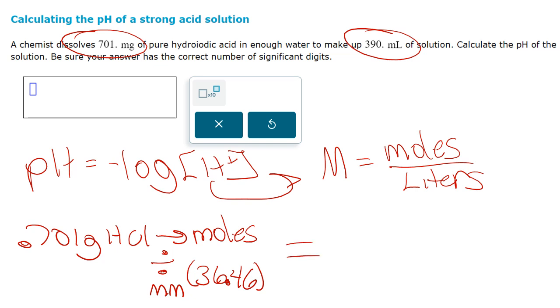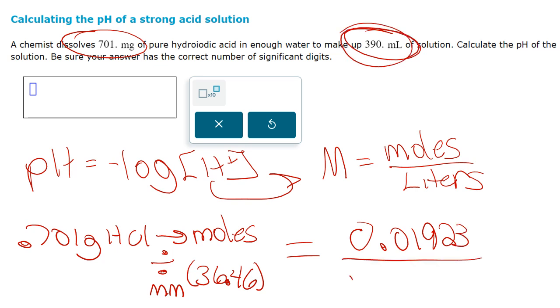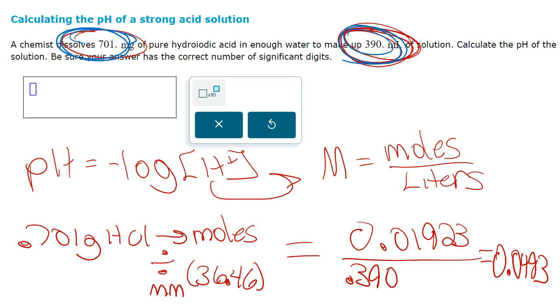And so we get moles equals 0.0192 over liters. When you have milliliters, you move the decimal 3 times, 0.390. So I'm going to divide that by 0.390, and we get the concentration, the big M, equals 0.0493. Because we have 3 sig figs there, 3 sig figs there,